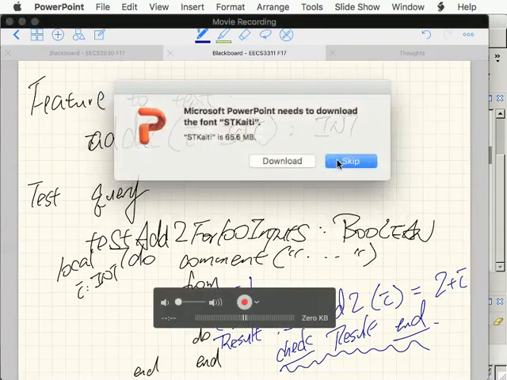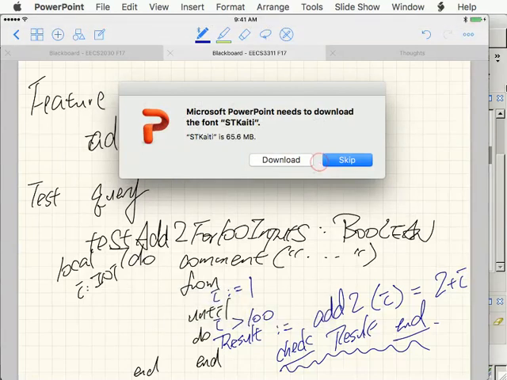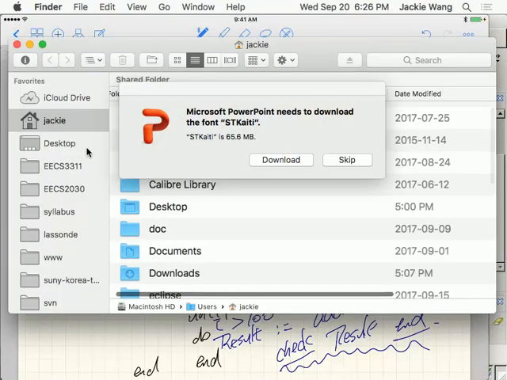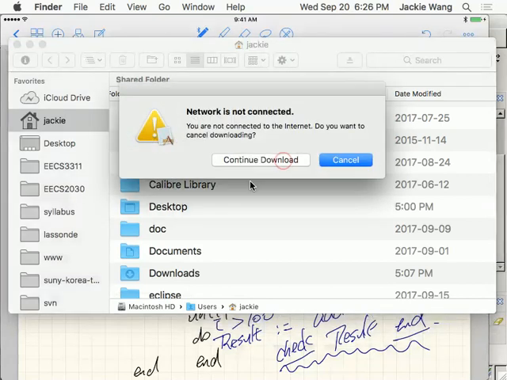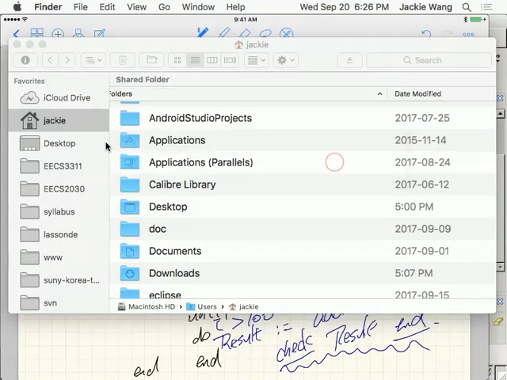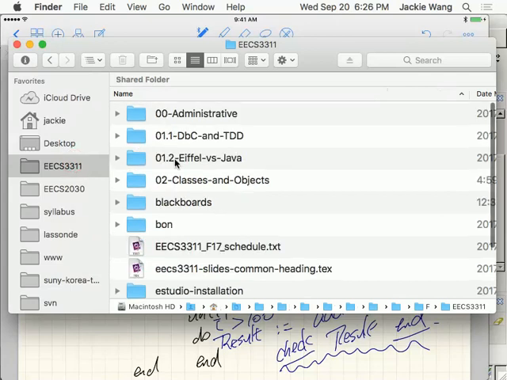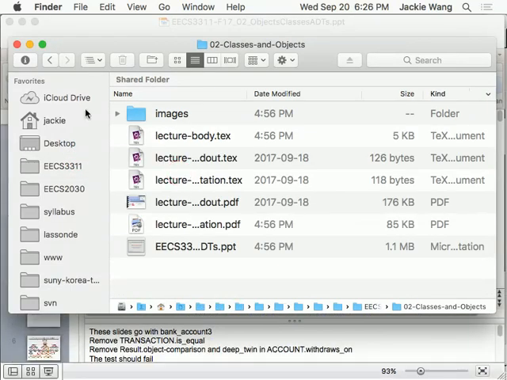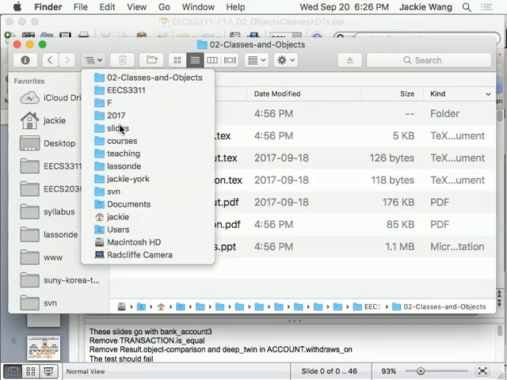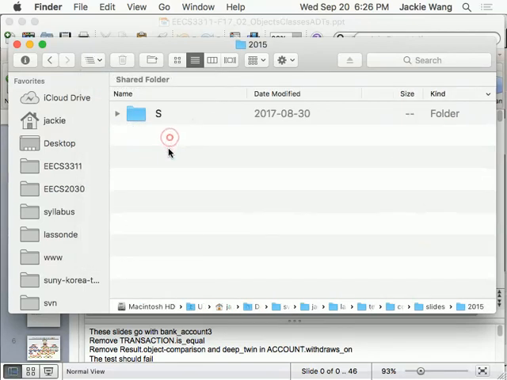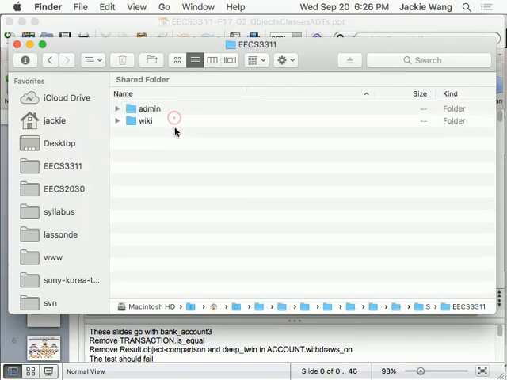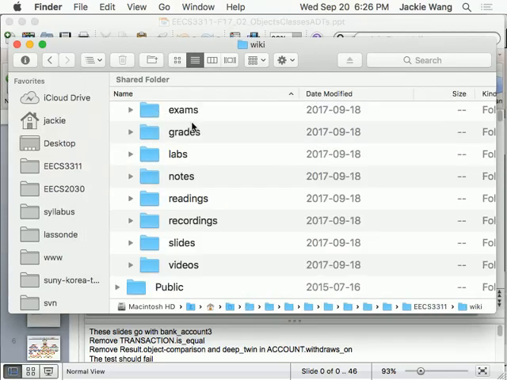Can I skip that? All right. Always got some trouble. Cancel. You know what I will do? What I will do is I will show that over here. Sorry, bear with me. So, slides. Okay, so it's 11. And then,